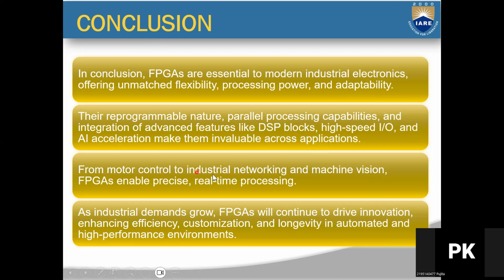From motor control to industrial networking and machine vision, FPGAs enable precise real-time processing. As industrial demand keeps growing, FPGAs will also continue to drive innovation, enhancing the efficiency, customization, and longevity in